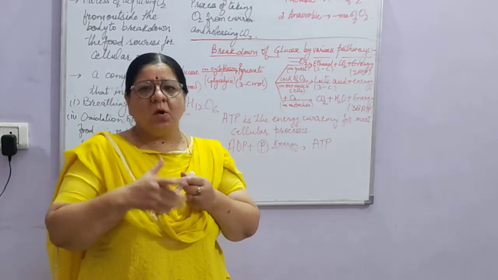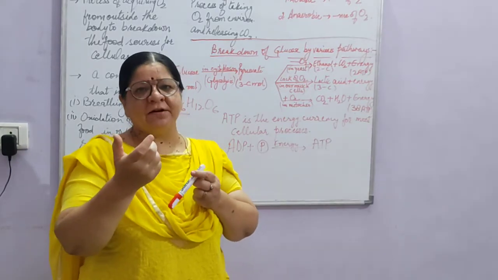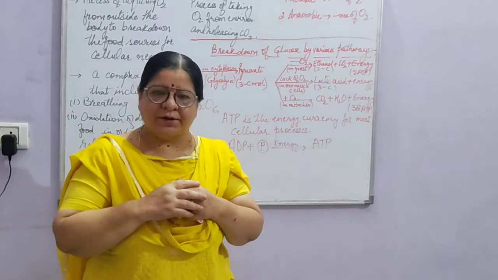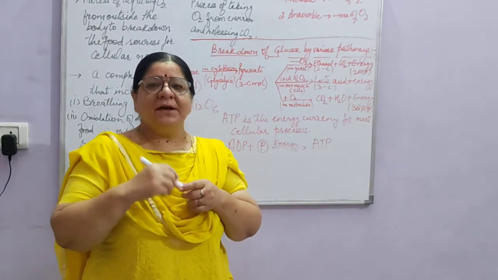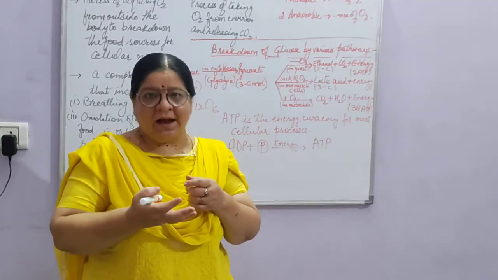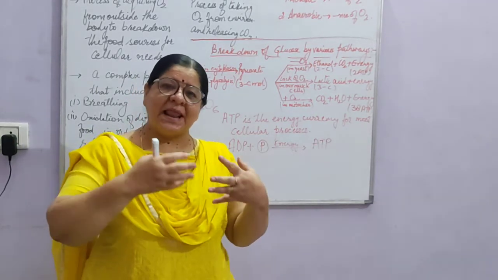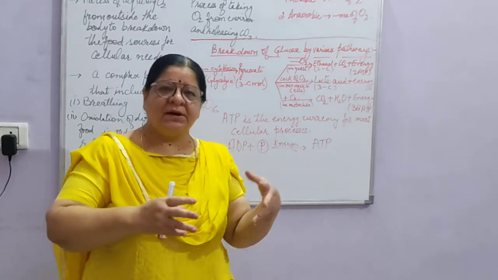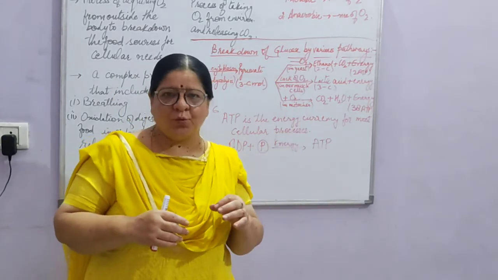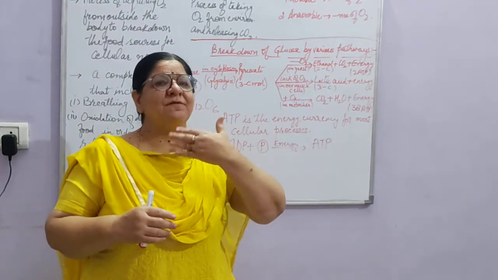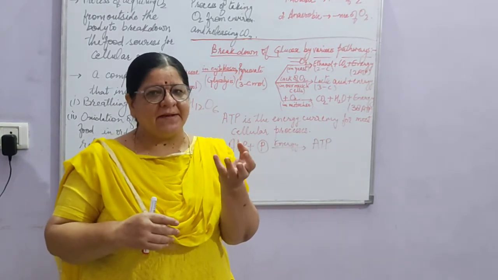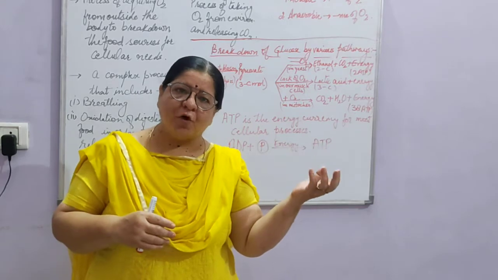In the other one, we take a syringe in which air is filled and we empty that syringe in the lime water. We will observe that the test tube in which we had exhaled out turns the lime water milky faster than the other one in which atmospheric carbon dioxide was passed. That means when we exhale out, we are exhaling out lots of carbon dioxide, which helps to turn lime water